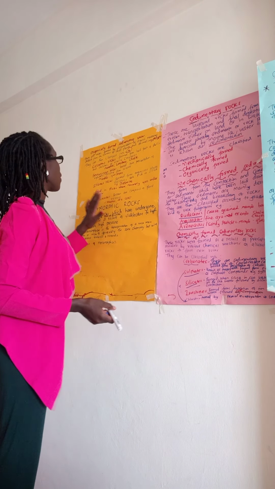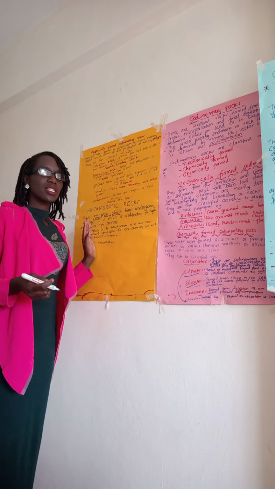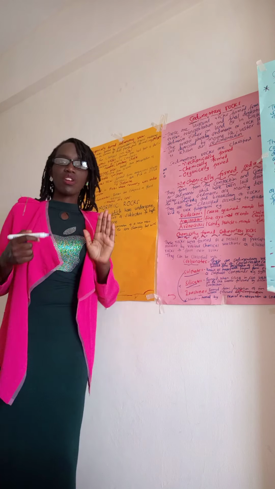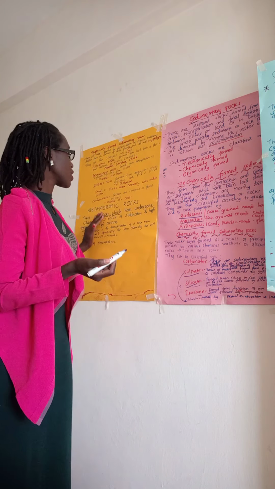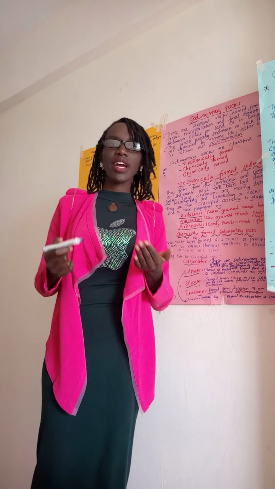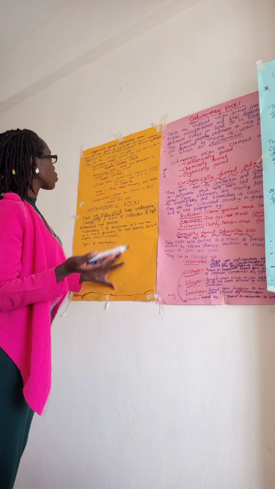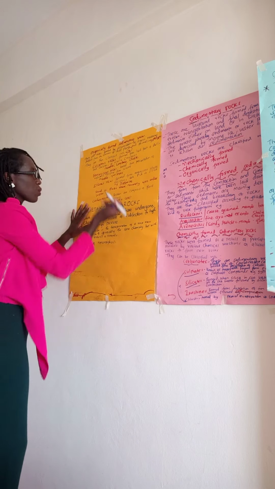So let's look at the organically formed sedimentary rocks. What are these organically formed sedimentary rocks? These are the rocks which are formed from the accumulation of the dead organisms or the organic material either derived from the dead plants or dead animals. So these ones are classified further into calcareous rocks, which are formed